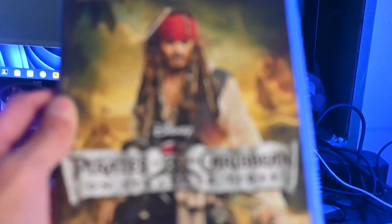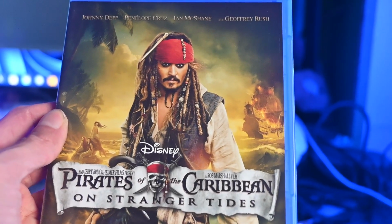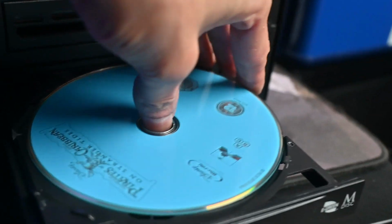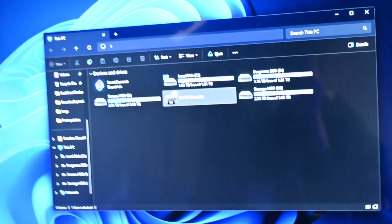Right, so now we're going to try one of the DVDs here. We're going to try Pirates of the Caribbean, On Stranger Tides. Now let's see if this actually does Blu-ray DVD, unless I need to actually download something. So let's take that one out, put that one in there, put that in here. Right, let's see if it actually...